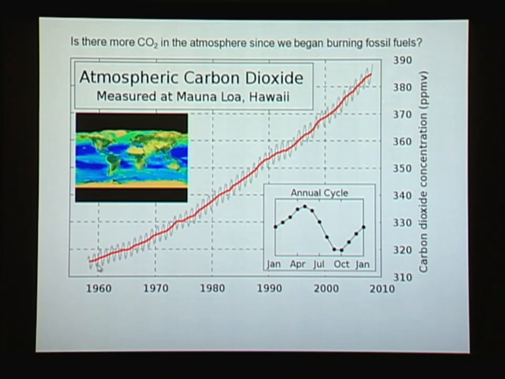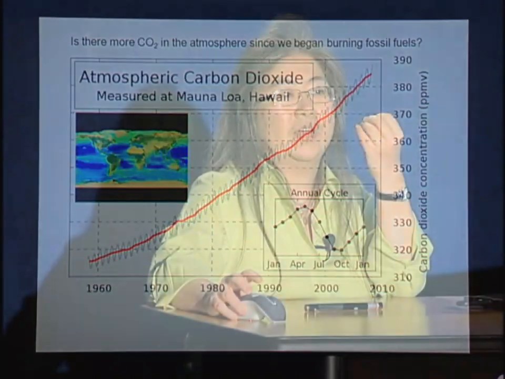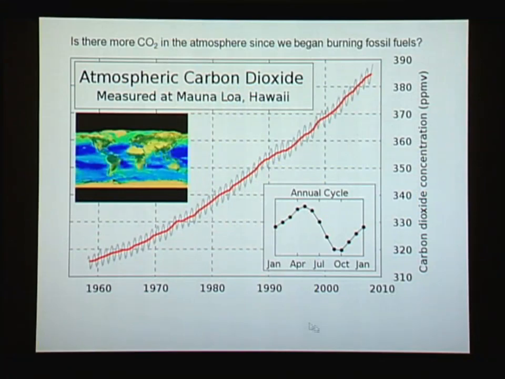The part that's not normal, at least for the last 400,000 years, is a steep climb. If you had just the cycles of growth and regrowth of vegetation, you'd get just up and down in a straight line across. So the highest number we saw associated with the glacial, interglacial changes was in the 300s.